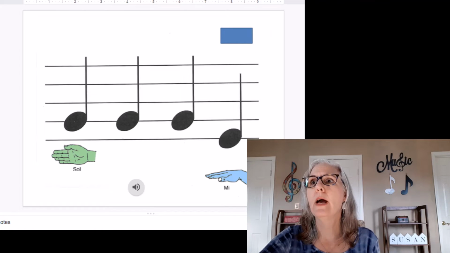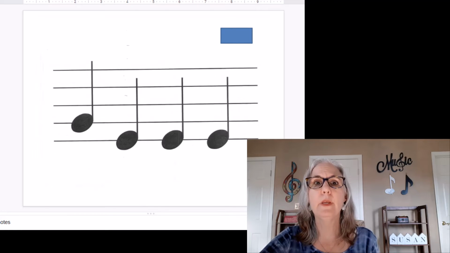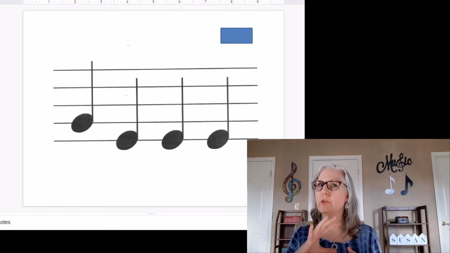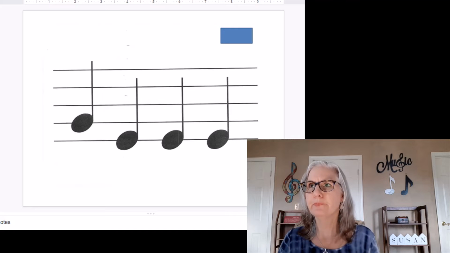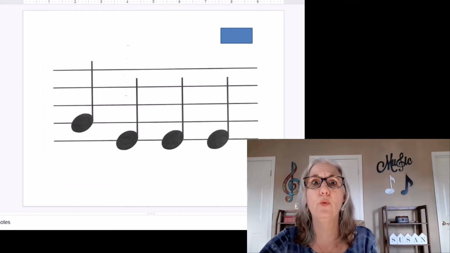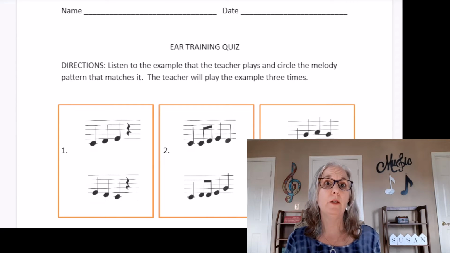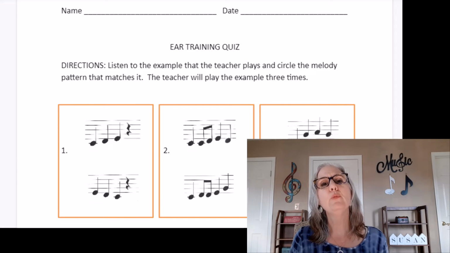Okay, so as they're going through, and this is not something that I do the first few weeks of school. I work this in a little bit later. I'm just trying to get my sound kind of established a little bit, and then I start bringing solfege in. But you could certainly bring it in the first day, especially if you're just going to hang out on So Me at the beginning. And eventually you could take your solfege information and turn it into an ear training quiz, but you would want to